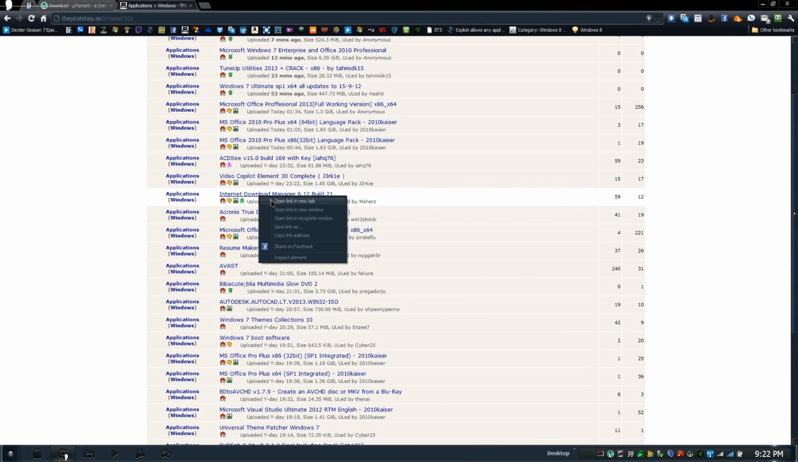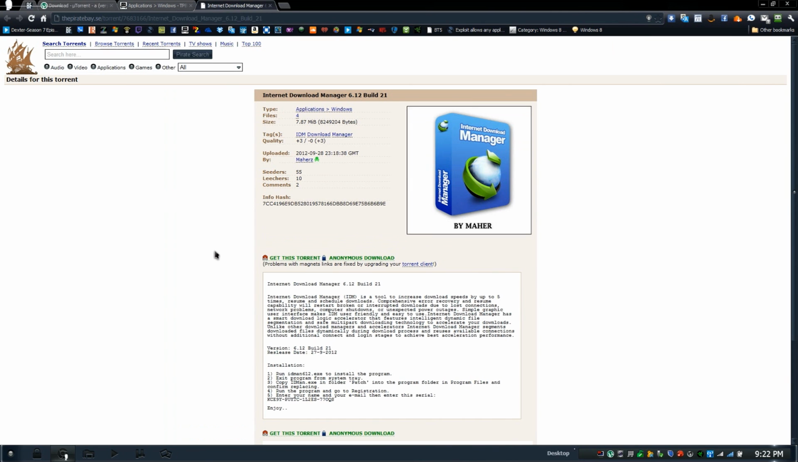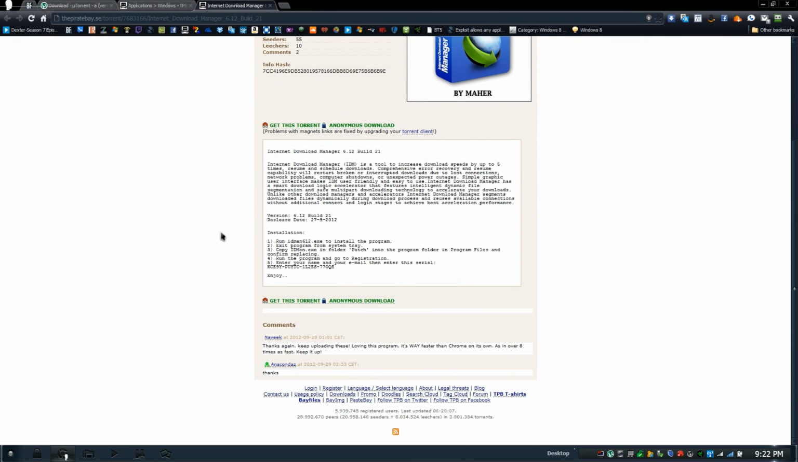And I'll just go ahead and open a new tab on this. Then it has info, also the quality. Depending on the quality, I usually like to look into the plus sign. If you have 7 plus and 3 minus, chances are it's still a pretty good torrent,